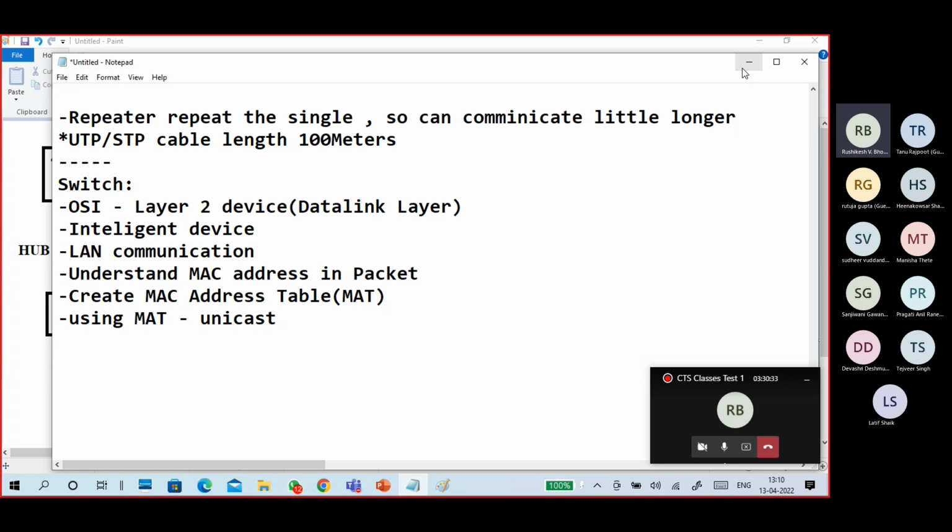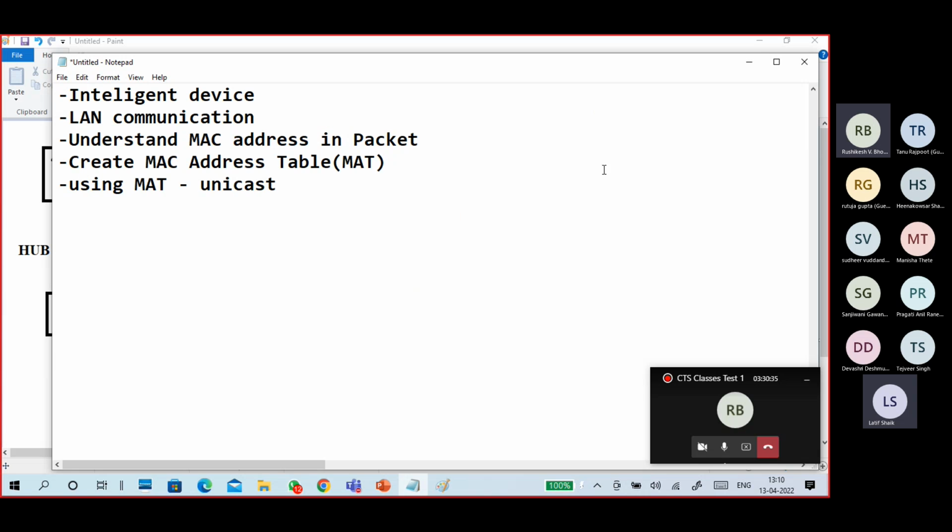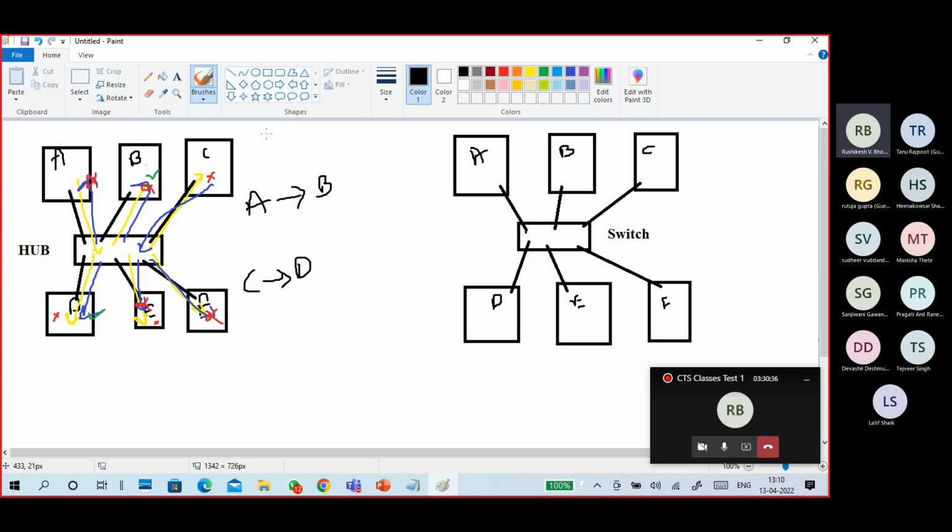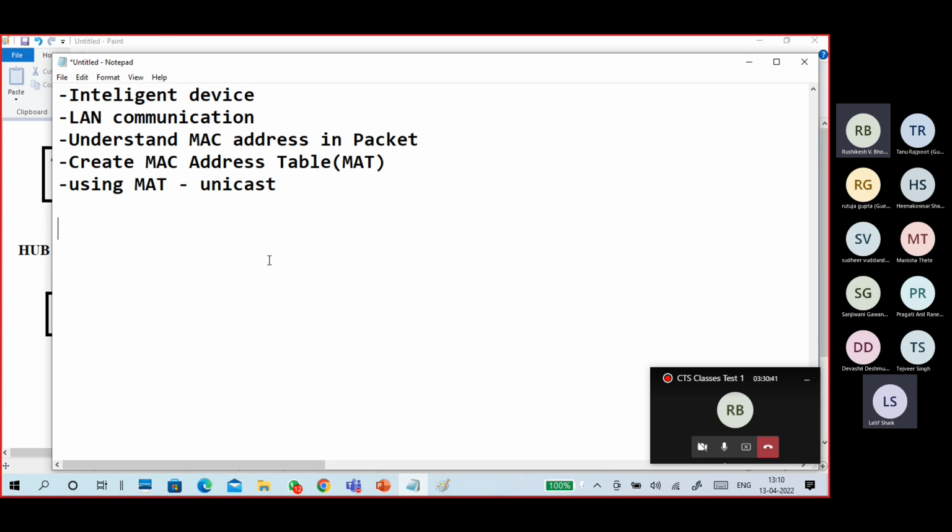So how does it happen? Look here. Initially it works like a hub, but once it has created the MAC address table, it unicasts packets.